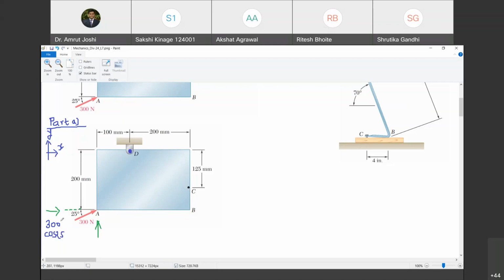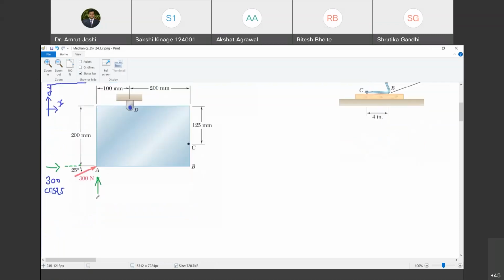Yes, sir. And will it be towards right or towards left? Towards right, because we want to add these horizontal and vertical components such that the 300 Newton force in this quadrant is obtained. Therefore, the horizontal component must be towards right and the vertical component must be towards up. Are you with me? Yes, sir. And what is the vertical component? Tell me. Sin 25. Yes, so it is going to be 300 sin 25. Mind you, both these components are in Newton because the force is in Newton. Are you with me?